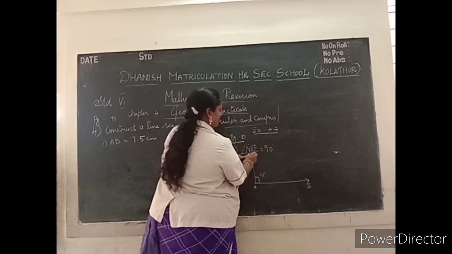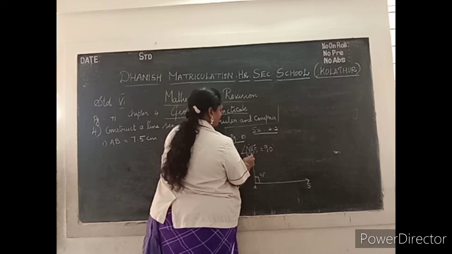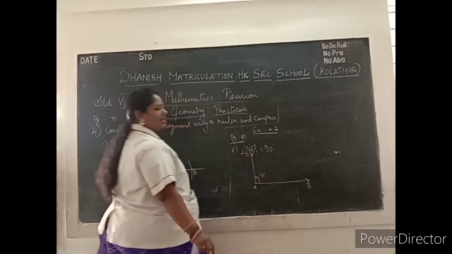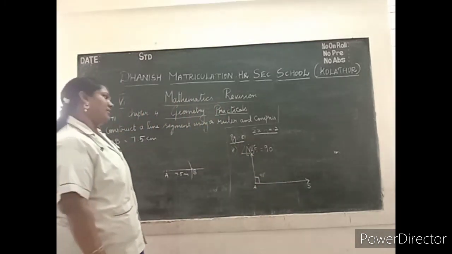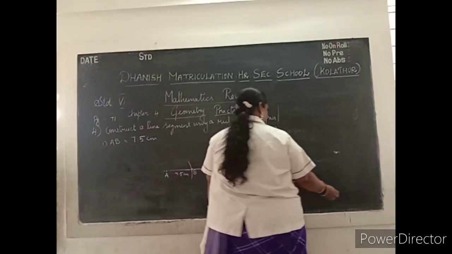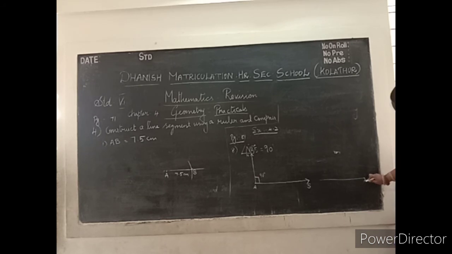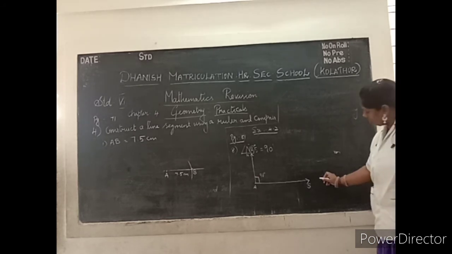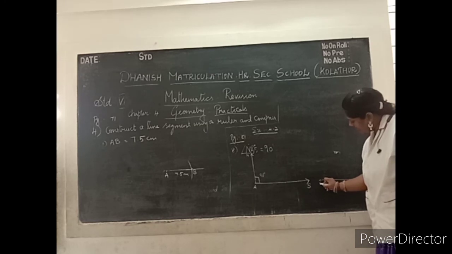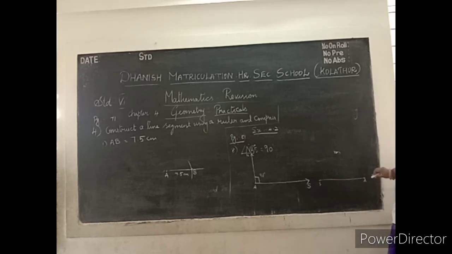So what will this be called? N. So NAS is equal to 90 degrees. What is the other side? You have to do the same thing. Draw another line facing this side. Mark this point as A. Here, the same point. You have to keep the protractor here, marking here. From here it will be 90 degrees.